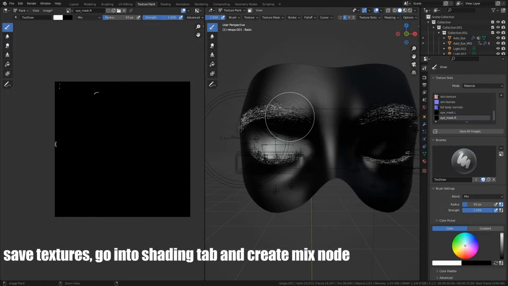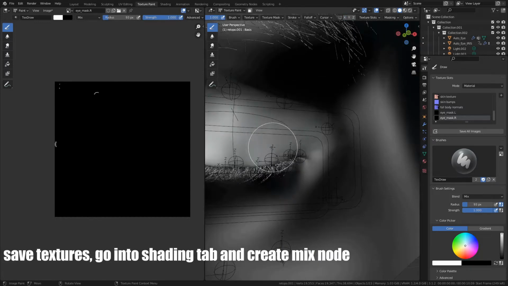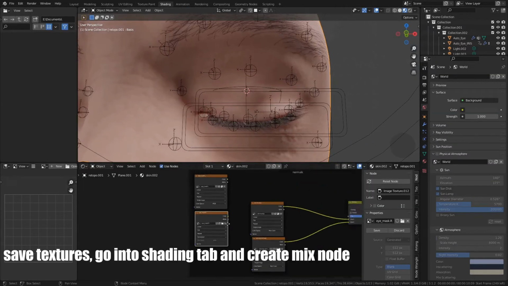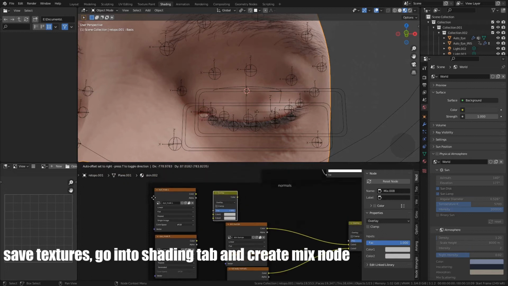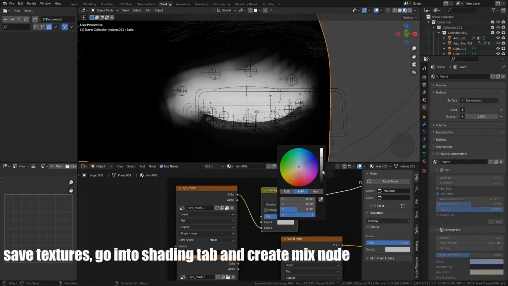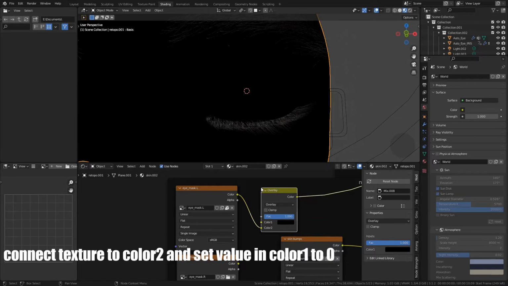Save textures, go into Shading tab and create Mix node. Connect texture to color 2 and set value in color 1 to 0.